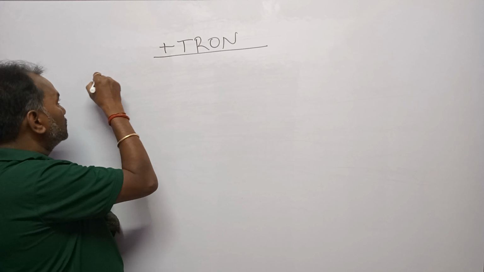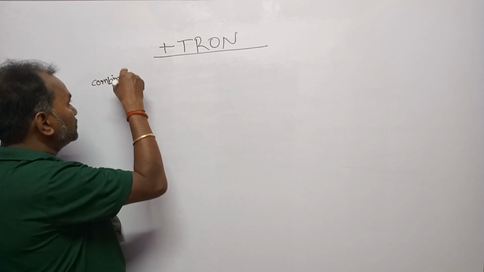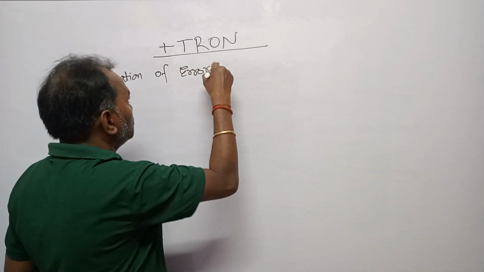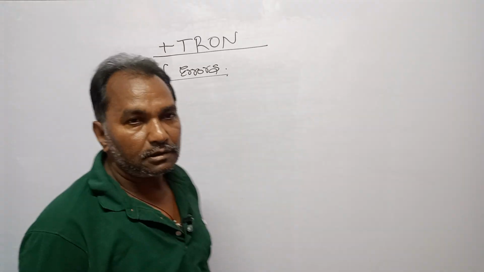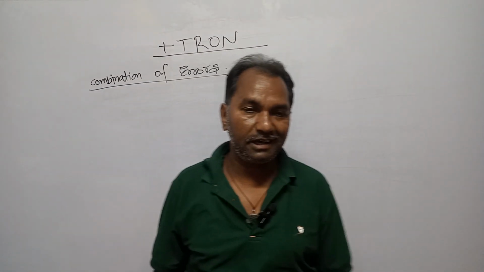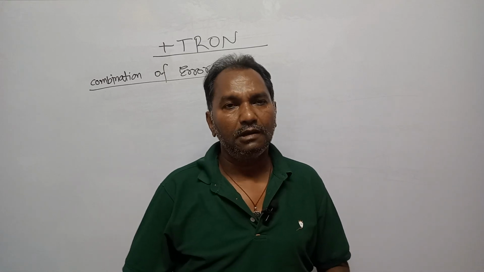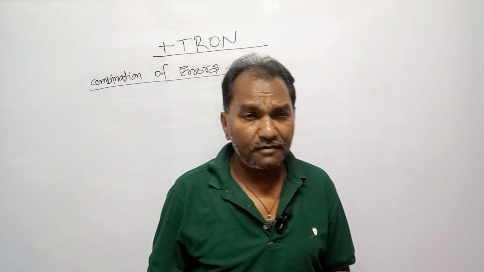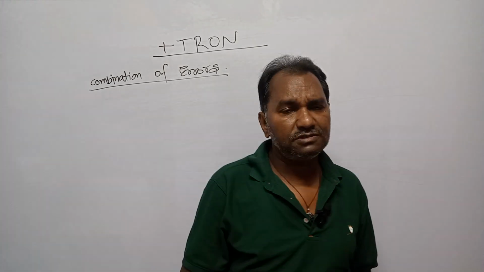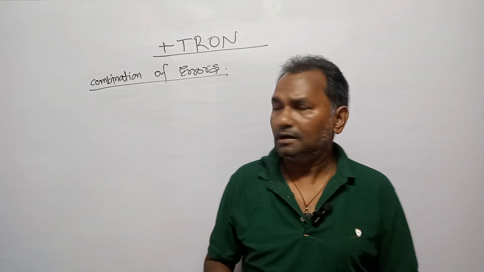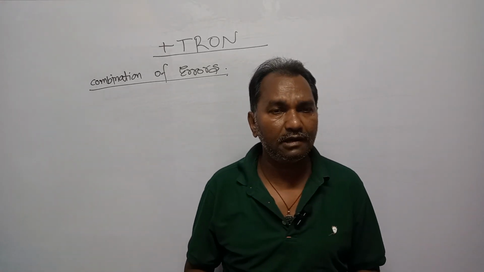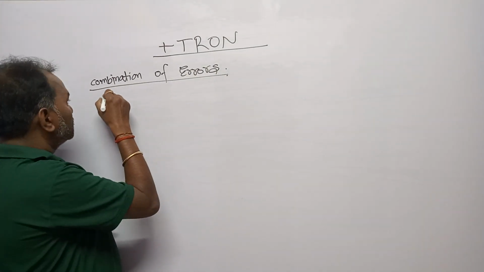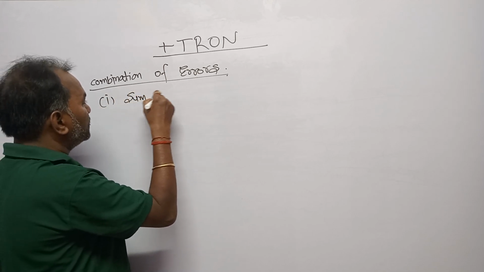Combination of errors. The next topic is the combination of errors. Dear students, if you are carrying out an experiment, then undoubtedly, in order to find the experimental value, you use different formulas. When you are using those formulas, how will you find the error or permissible error in the value? So the first one is a sum or difference.